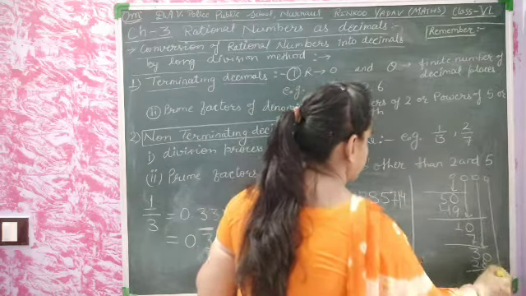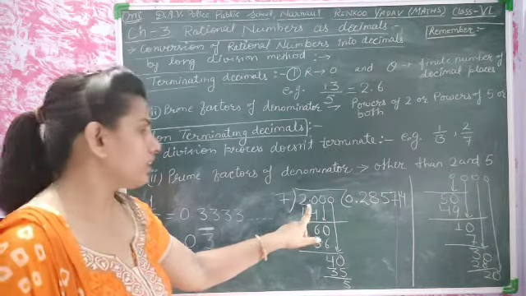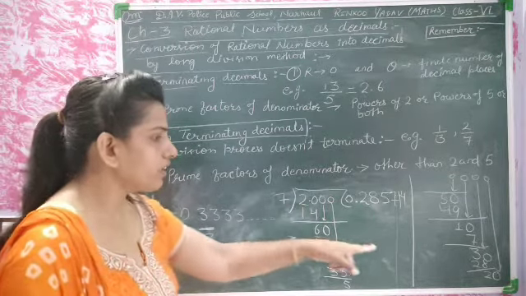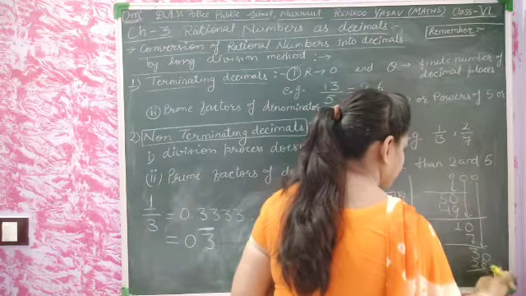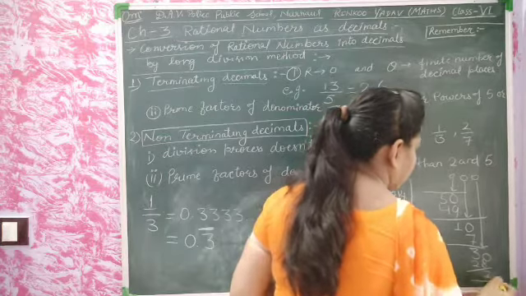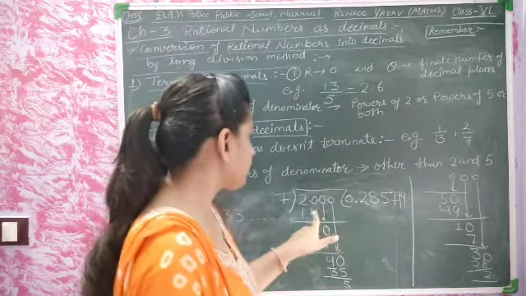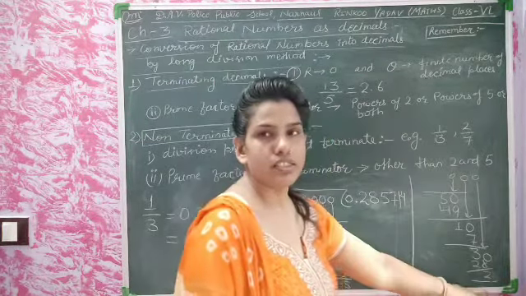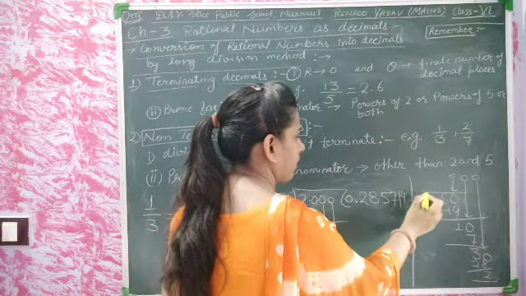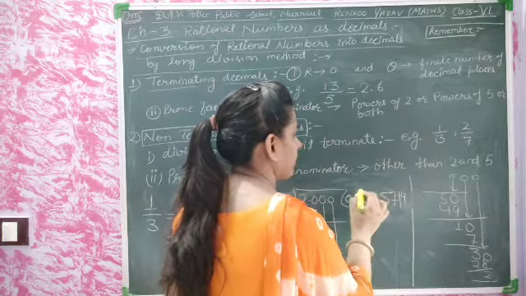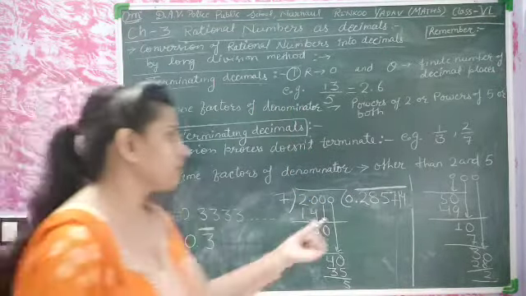Let's see here that there is a 2. Okay, students, now if we do the next step, after this we will get the same number. 7 2s are 14. Same here we are doing. It means this will be repeating: 2, 8, 5, 7, 1, 4. You will divide it again and again, then you will confirm it. It means it's a repeating number.